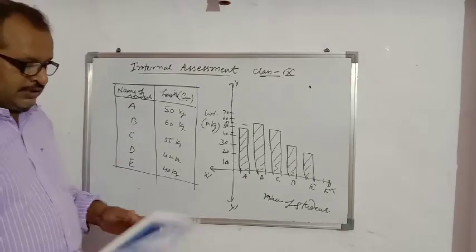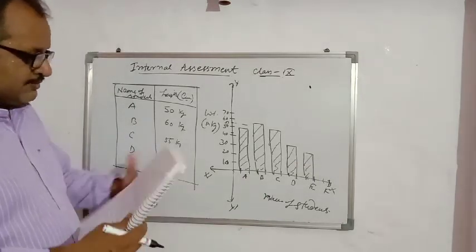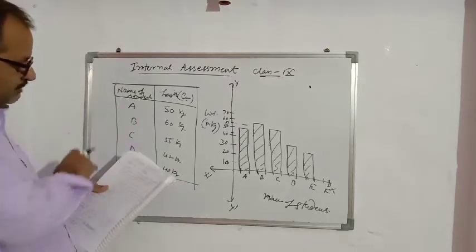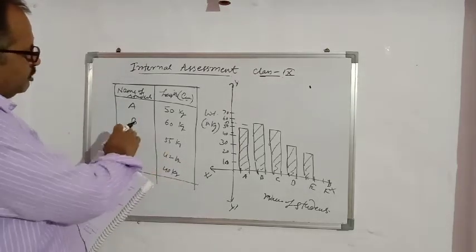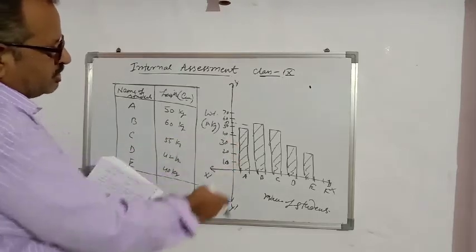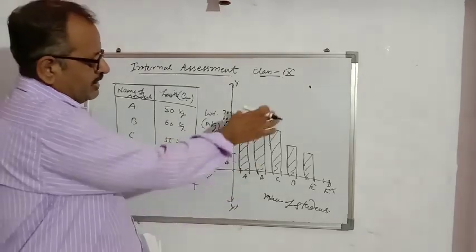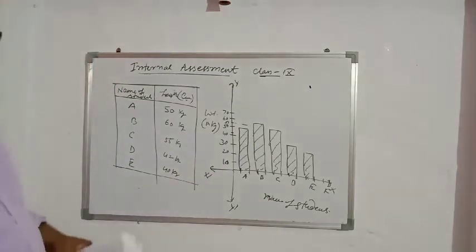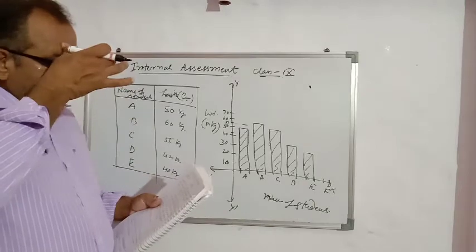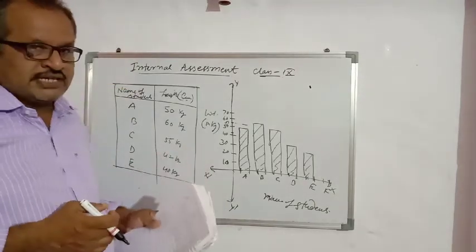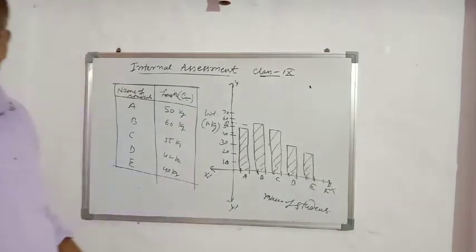So this is our first assessment: conduct a survey of a group of students. So these are a group of students and we have to represent their weights, height, pocket money, number of family members graphically. Graphically, we have to use a bar graph to represent it. I hope that the first assessment is clear. Now I am going to discuss the second topic.